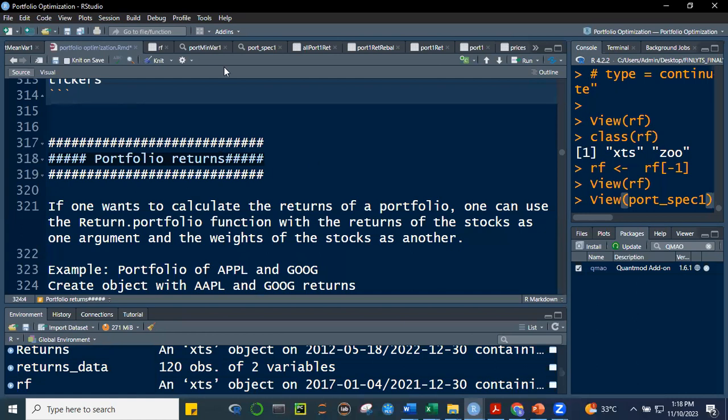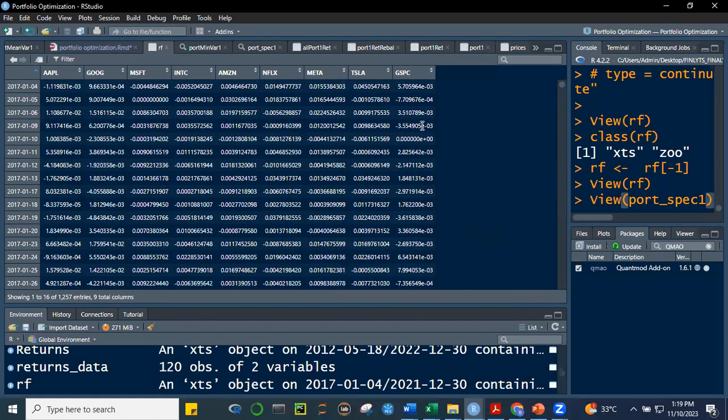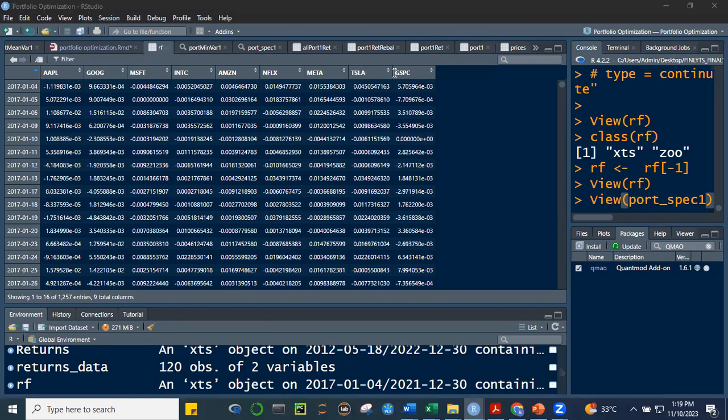Taking a look at this one, RF, you have the returns of each asset. Now we will just have to identify the weights of each asset so that we can now compute for the portfolio returns. In this case, the portfolio returns will be equal to the weight of Apple times the return of Apple, plus the weight of Google times the return of Google, etc. So you'll have daily portfolio returns. Okay, all right, then